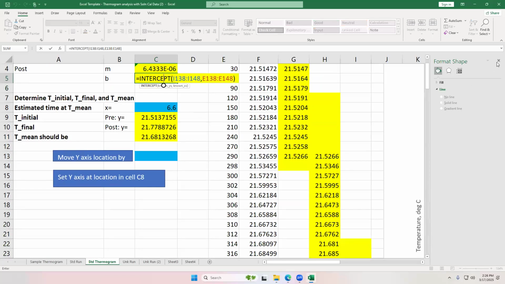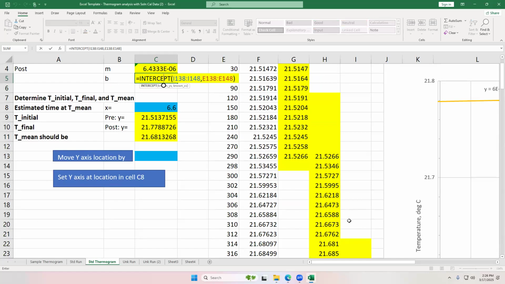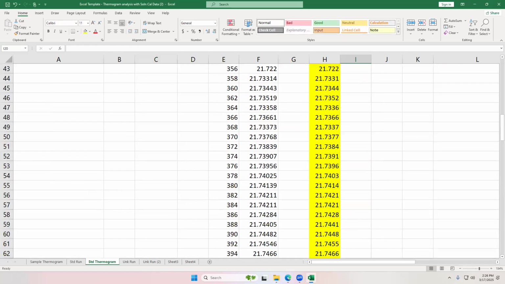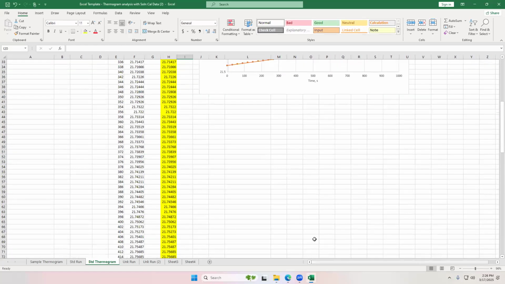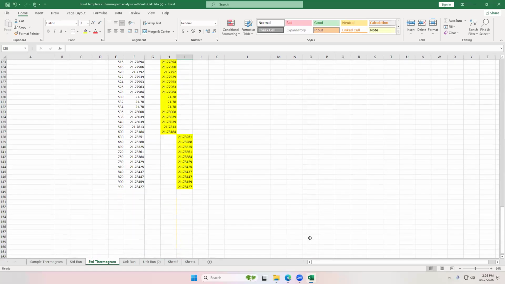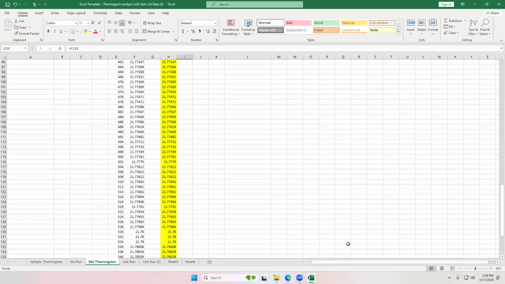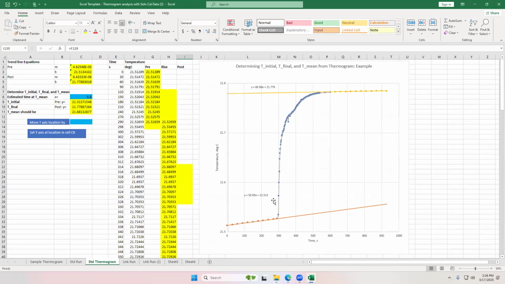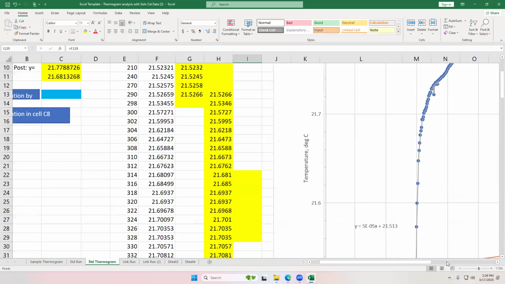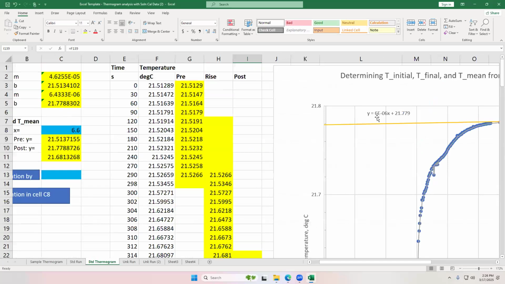Okay, so if you look at this, zoom out right here. So let's see if we get better agreement with our slope and our intercept. So our correct slope is